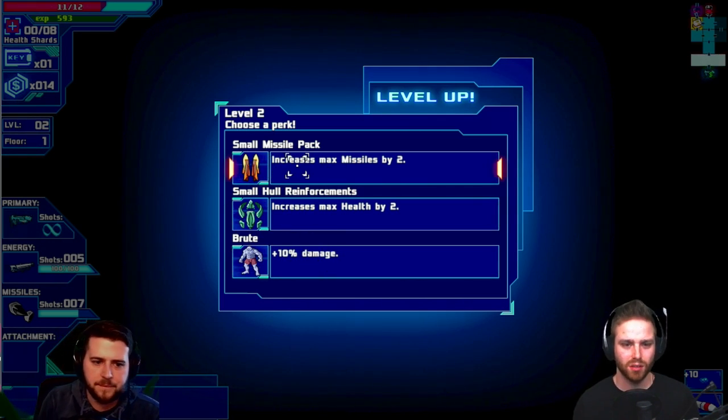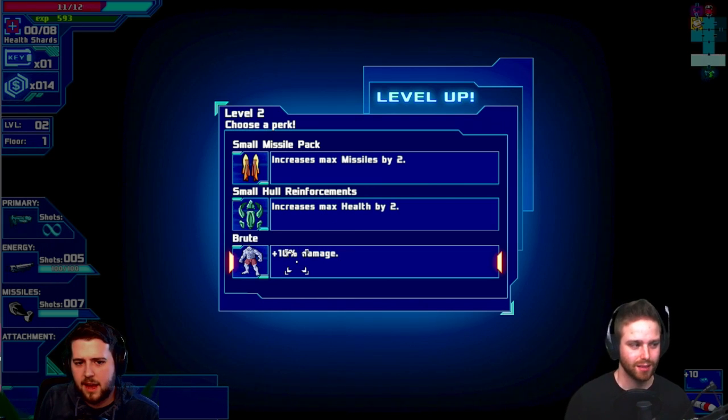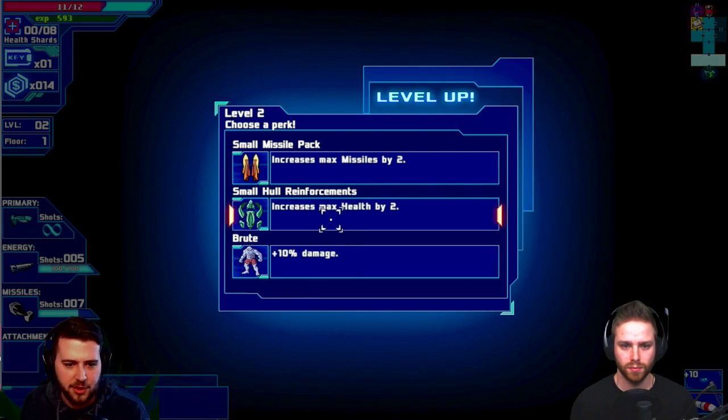Is it the same every single time though? Because it seems like the last time I got level 2, it was missile pack, hull reinforcement, or brute. Or maybe it's per level. I'm not sure if it's set. I think it's maybe from a small subset of choices. I didn't play enough to really make that call for sure, but